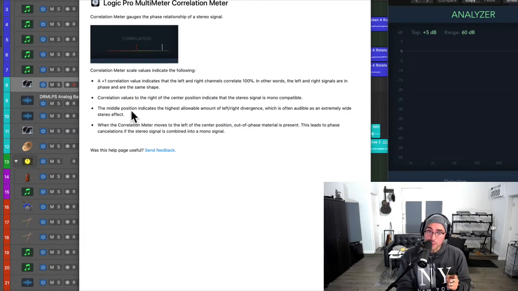The middle position indicates the highest allowable amount of left and right divergence, meaning difference, which is often audible as an extremely wide stereo effect. So really, you don't want this to get past the middle. Anywhere from the middle to the right is great. On the same token, you don't want this to be all the way on the right. It's nice for it to move back and forth, meaning that everything is playing well and everything is also mono